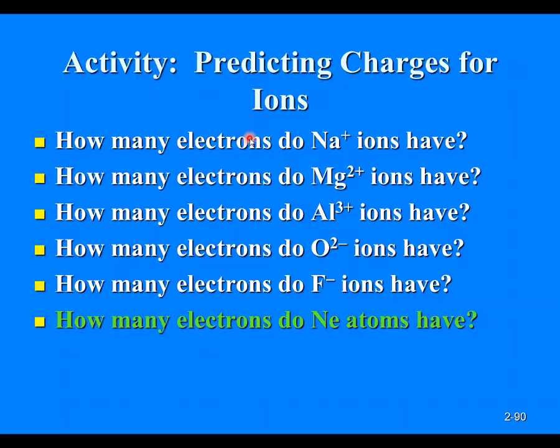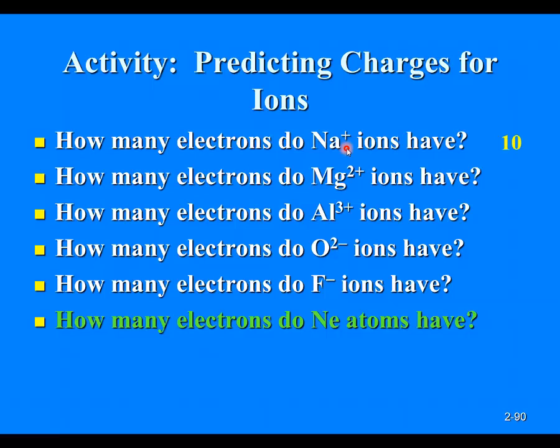Let's predict how many electrons a sodium cation would have. Now, if I have a neutral sodium atom, if I look on the periodic table, there are 11 protons in a neutral sodium's nucleus, and that won't change when I form an ion, right? It's the electrons that change when I form an ion. However, the neutral sodium should have had the same number of electrons. It would have had 11 electrons, and when it formed the sodium plus 1 charged cation, we've lost 1 electron. So we have 1 more proton than the number of electrons,